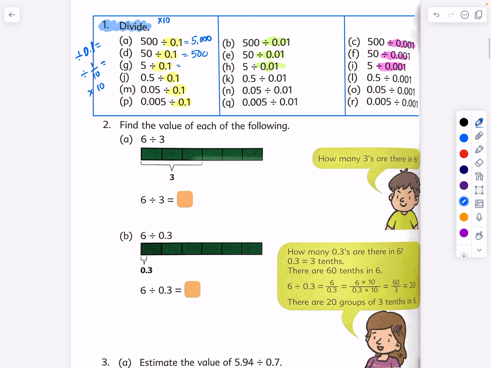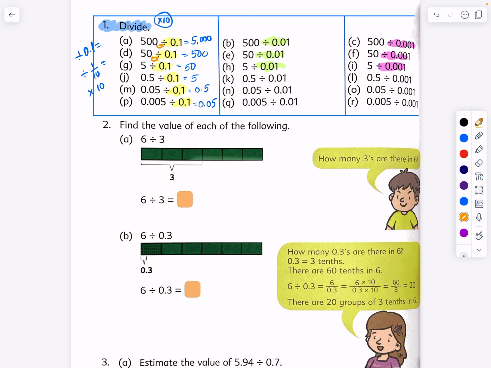5 divided by 1/10 gives you 50, also 10 times more. Remember, it's as if we're multiplying by 10. And 0.5 times 10 would be 5, and 50 times 10 gives you 500, and 500 times 10 gives you 5,000. Notice the decimal point moves